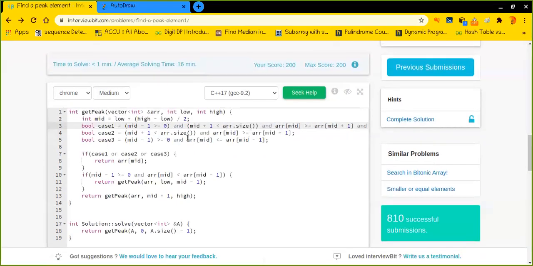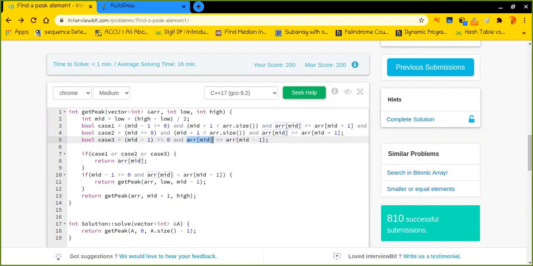Perfect. Now the middle element is basically bigger than its right neighbor, but when? So when mid is basically 0, I mean when I'm referring to the element present at the 0th index. Okay, it is also a wrong statement. Perfect.